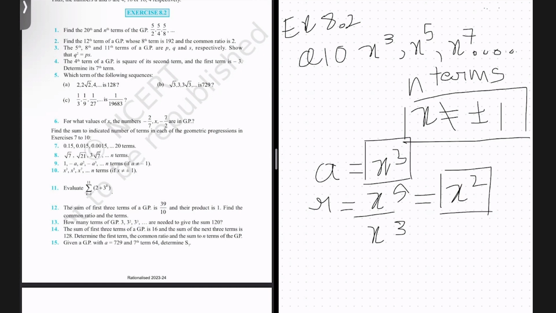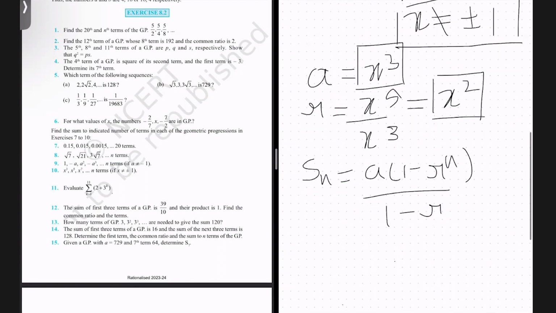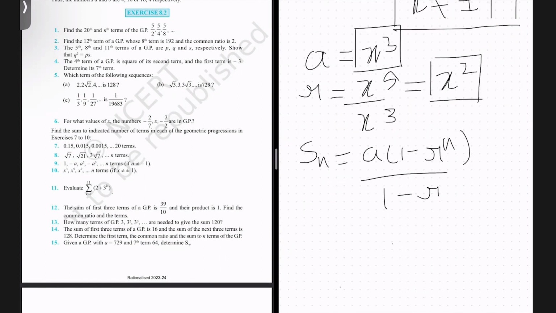The first term is x cube. Plugging these values into the Sn formula, Sn equals a into 1 minus r raised to the power n upon 1 minus r. Using the values, a is equal to x cube and r is equal to x square, what I finally arrive at is